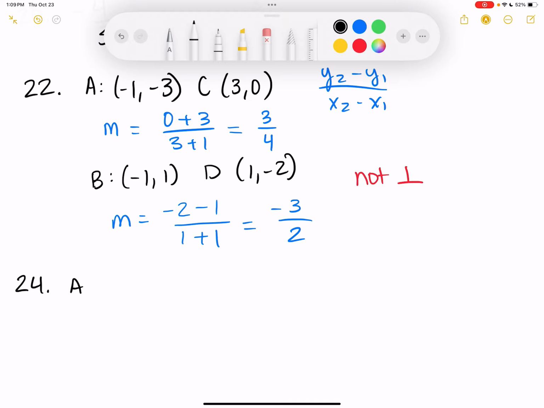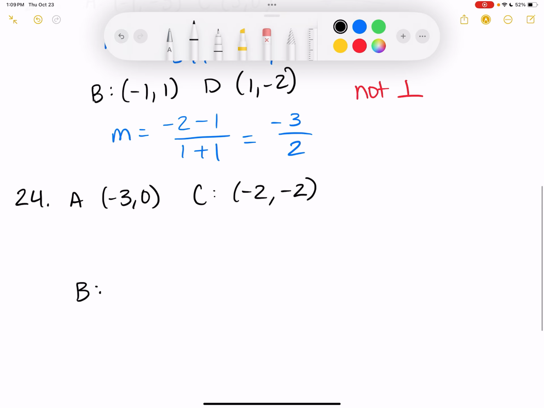24, point A, same type as 22, is negative 3, 0. And C is negative 2, negative 2. And then B is negative 4, negative 3, and D is 2, 0. Somebody that hasn't done one yet, set up the slope of AC for me. 0 minus negative 3, so that would be positive